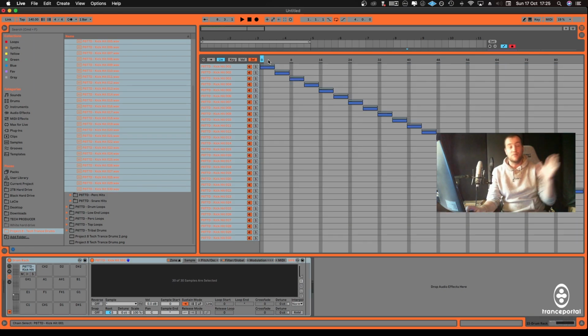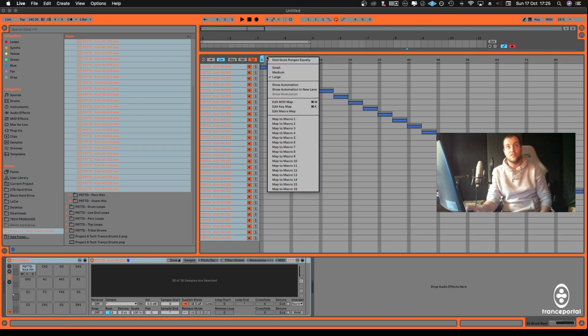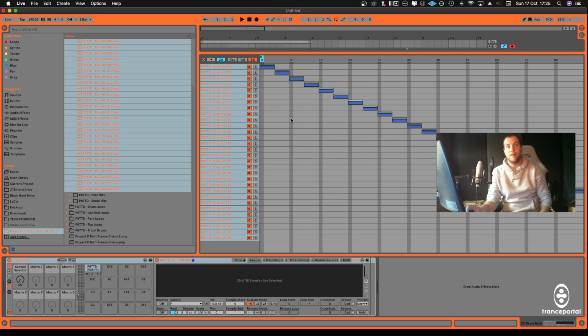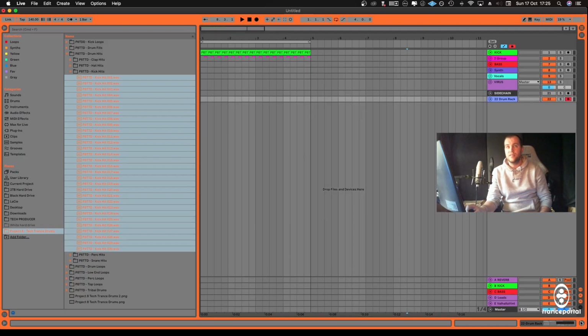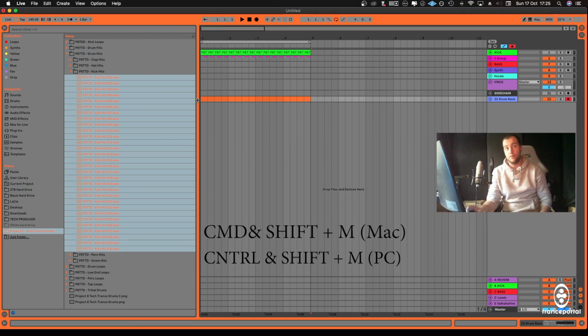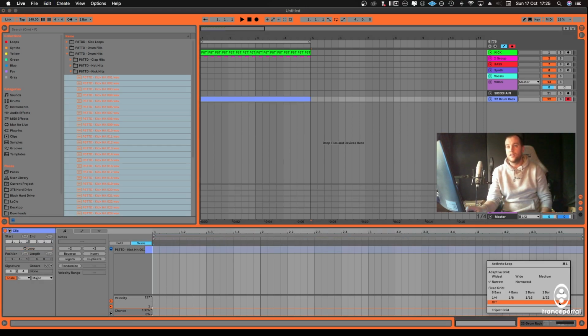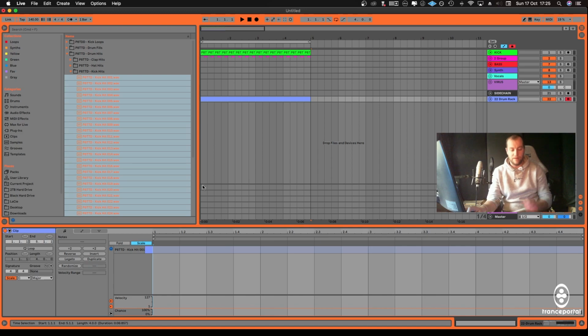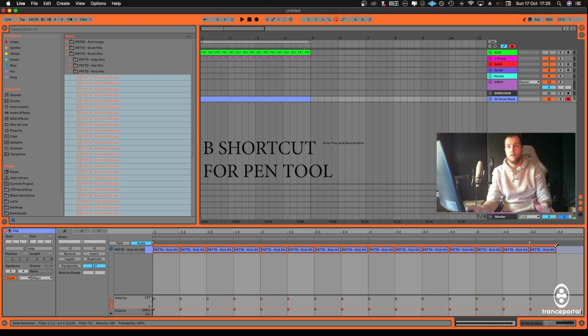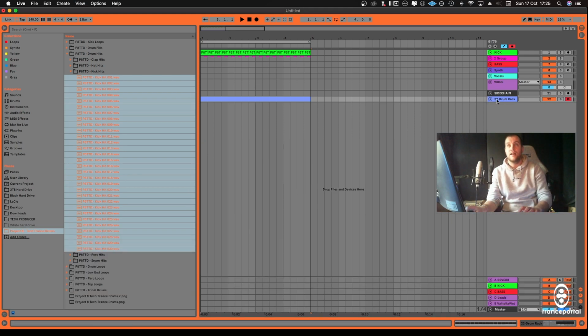And then what we're going to do is we're actually going to map that to one of the pads there. So we will click on map to a macro, and then I'll just select that down. And what I'll do now is I'm just going to create an empty MIDI slot, and you can press Command Shift M or Control Shift M if you're on a PC, very quickly to throw that up. And then I'm going to switch this to obviously a 1x4, and if you press B, obviously that's your pen, and press B again to turn that off. Boom. And now if I play this,